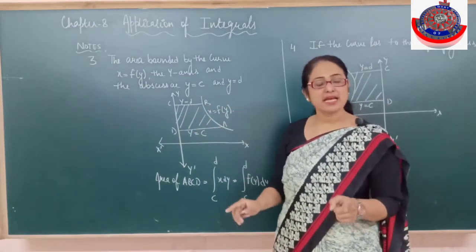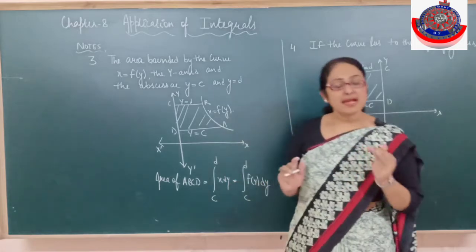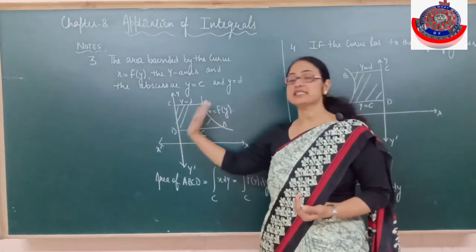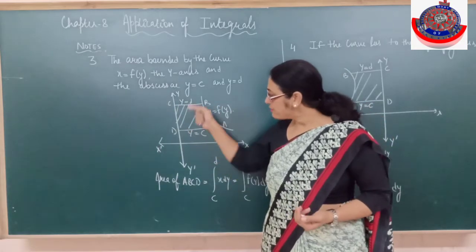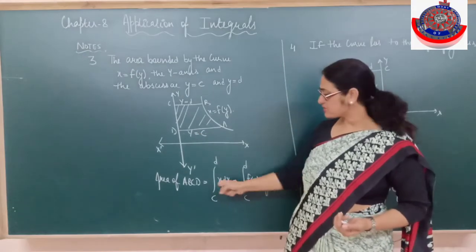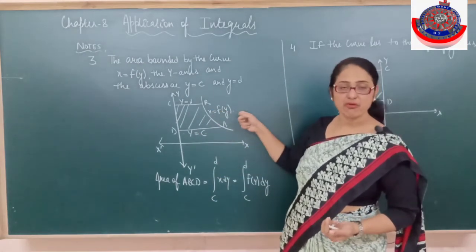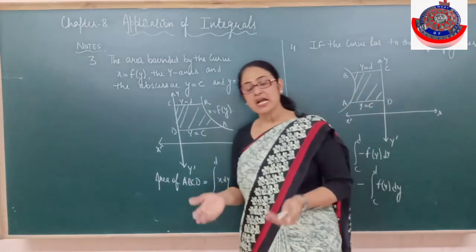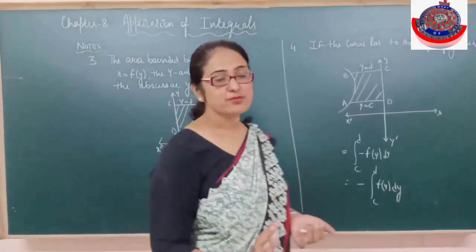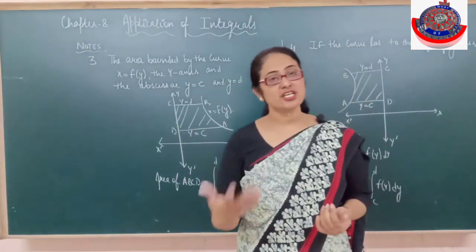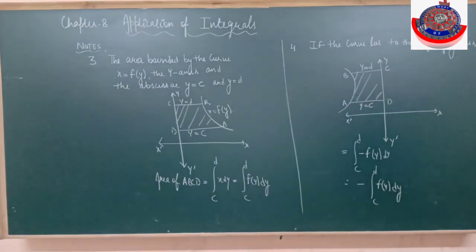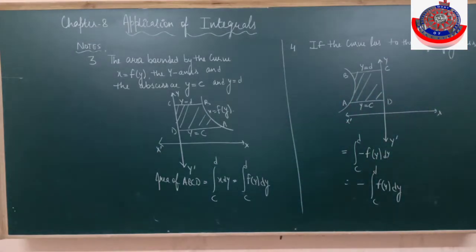See whether it is easier to make the limits on the x-axis or on the y-axis. Maximum questions are done by the x-axis, but if we can easily do it with the y-axis, then the limit would be in terms of y. Is it clear? The function will also be in terms of y, because this is x, so we put the value of x as f of y dy. Is it clear? If it is bounded by the x-axis then the limit will also be in terms of x. Function in terms of x, and we are going to integrate in terms of x. Is it clear? It's a very easy topic. When we start the examples, you will find this is the easiest of all.